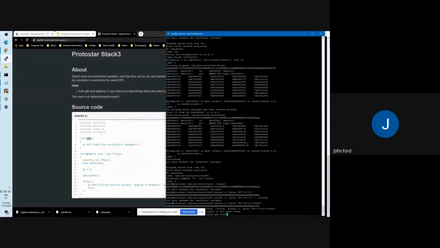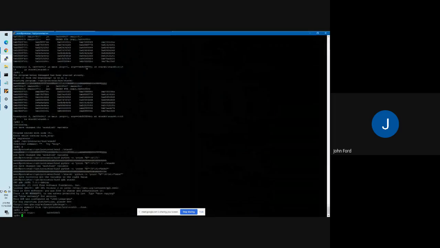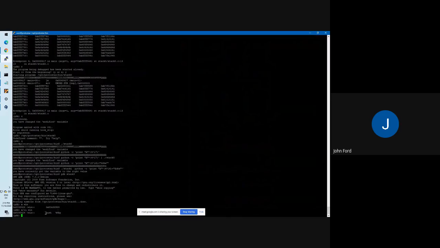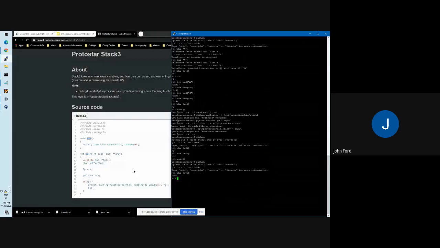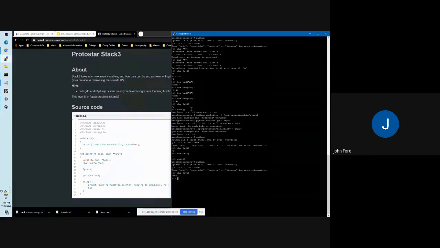So this is stack 3. If I examine win, you'll notice that it tells me the address of where win is located. That's right here. And this is actually the first instruction of win. So if I did x win, you can actually see that this instruction corresponds to this hex, but this is the location. So instead of overwriting with DCBA or with values like we did in the last one, we're going to have to actually overwrite it with the address. And a useful way of doing that in Python is